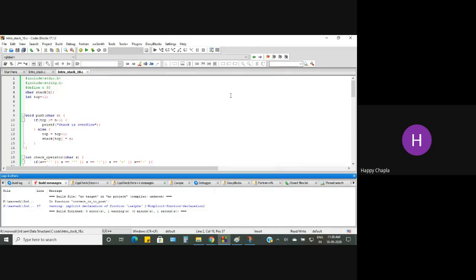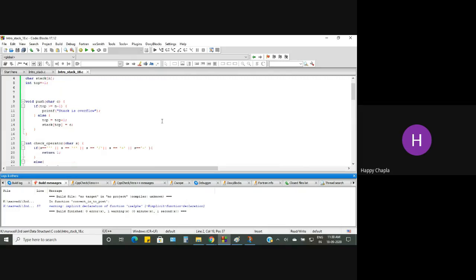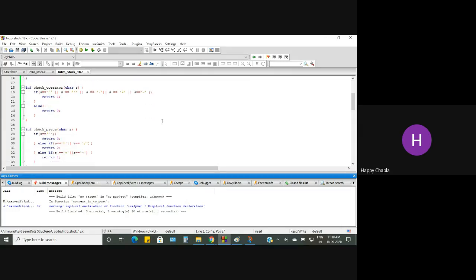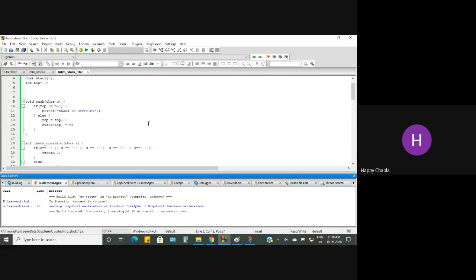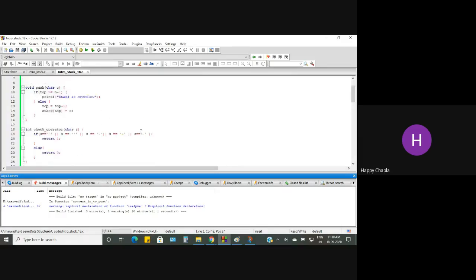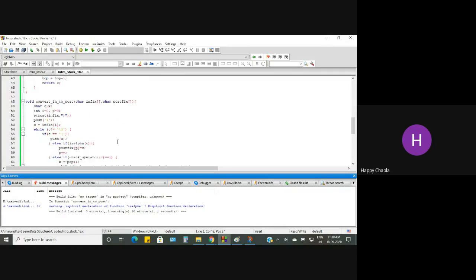Exactly. It can't find this opening bracket. Where is your strcat function? strcat. Just do it over there. And fix closing bracket. Fix of I is alpha of C postfix.